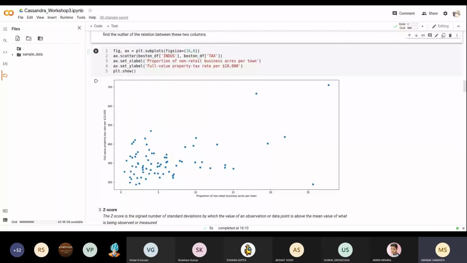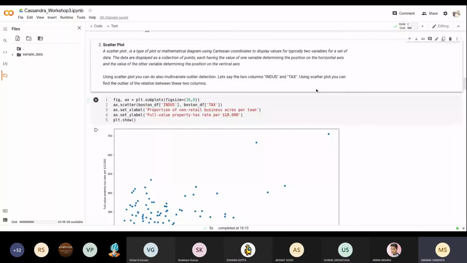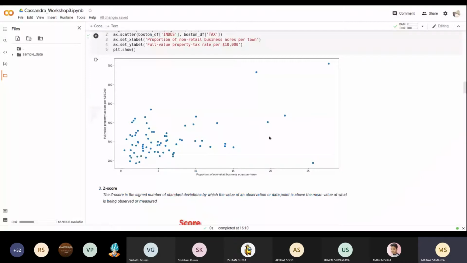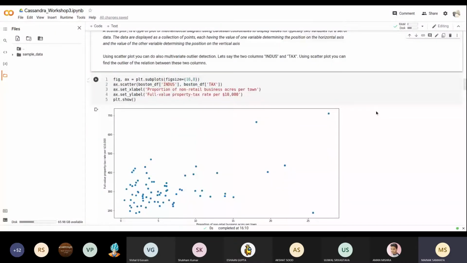But these are multivariate outliers. You can ask why we can't use 3 columns. In 3 columns, you need 3 dimensions. We can use a Matplotlib 3D plot. Obviously, 4 dimensions you can't plot. So generally, we use the 2 dimensional scatter plot for detecting which 2 columns have outliers.